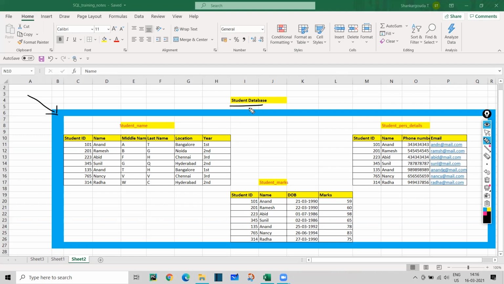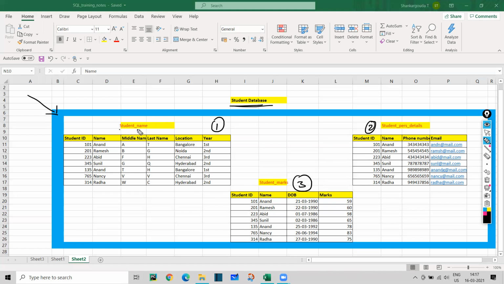So I am going to create one database. You can say it is a kind of storage. In layman's terms, we can call it a storage or a container, where we can have many tables. So in this database, I have multiple tables. Table number 1, table number 2, table number 3. And what I am trying to do here is save the information of every student in different tables,